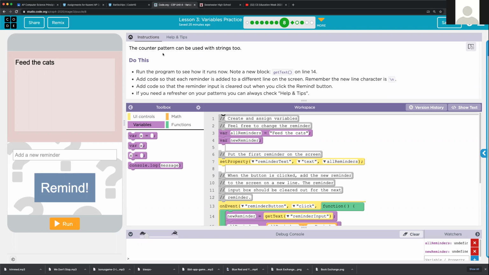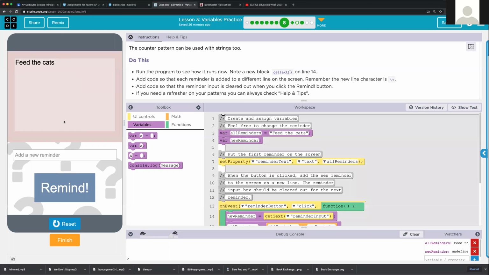This assignment is going to go over how you can repeatedly add on to a string. And remember, a string is just a bunch of text. Maybe you've used an application like this, where you want to create a list of things. Like on the iPhone, the Reminders app allows you to add a bunch of different reminders as a list. This application is trying to do the same thing. But as you'll notice, if we run this,